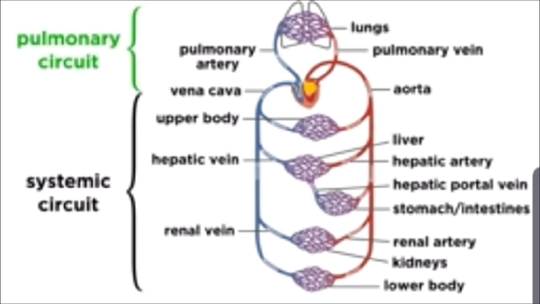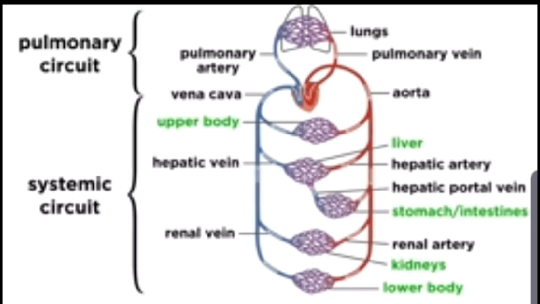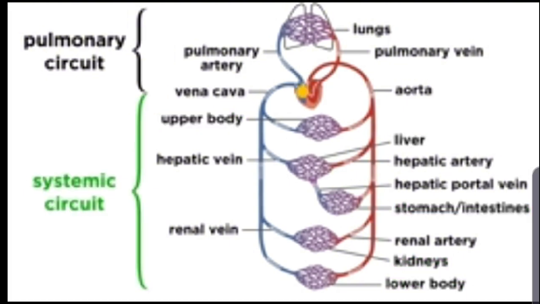Then this returns to the left side of the heart to complete the pulmonary circuit. Then the oxygenated blood leaves the left side of the heart and is sent throughout the body to deliver oxygen and nutrients to all the various tissues that need oxygen to perform cellular respiration. It unloads all the oxygen and eventually makes its way back to the right side of the heart, thus completing the